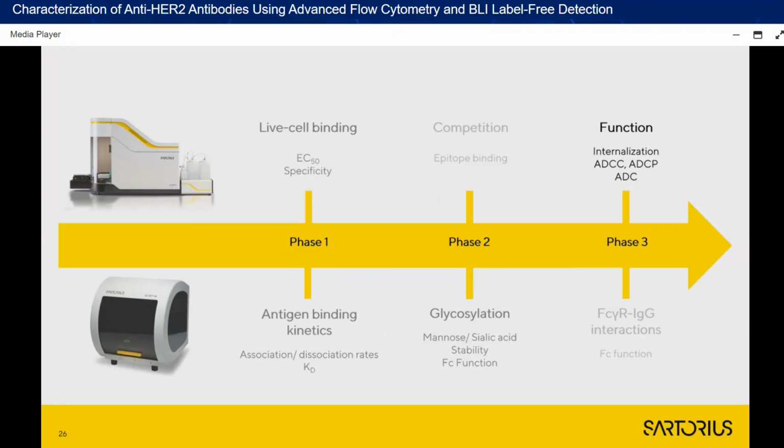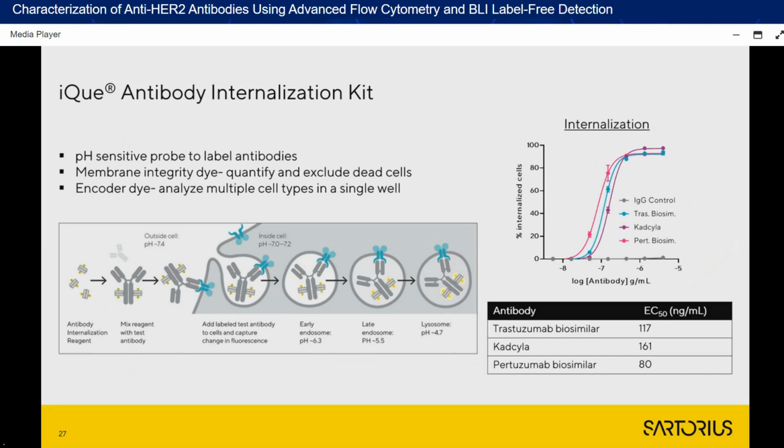So next we use a range of functional assays to assess the antibodies using the iQue. First we used the iQue Antibody Internalization Kit, which includes a pH-sensitive probe, which you label the antibodies with, and then you can measure the increase in MFI as the internalized antibody with that fluorescent probe starts to fluoresce as the probe enters the acidic, endosomal, and lysosomal pathways. The kit also contains a membrane integrity dye, so you can exclude the dead cells, and then also an encoder